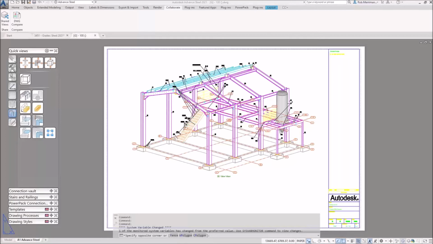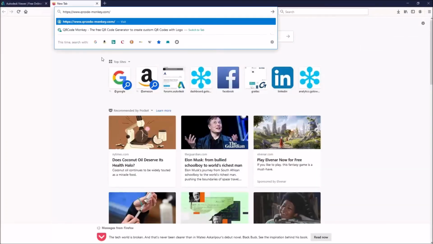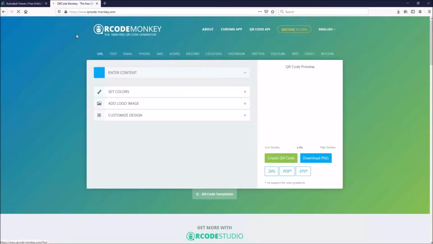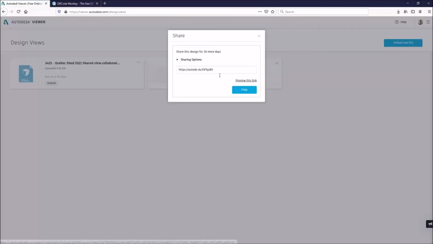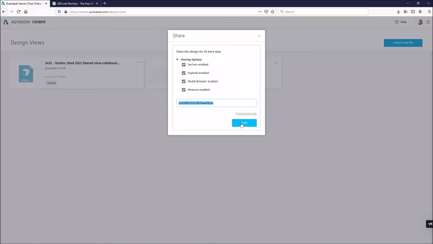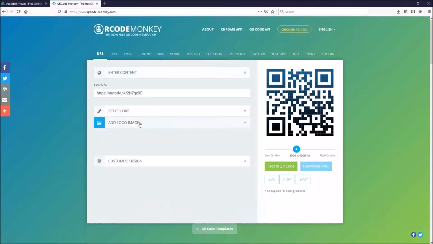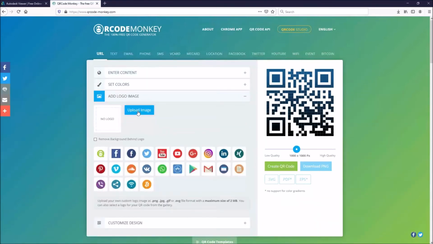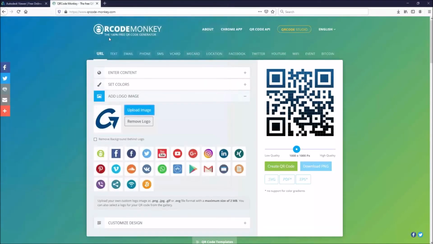Let me just go back to my web browser. So I'm going to go to QR Code Monkey. I want to have a link to this file, so I just click the share button, choose my sharing options, and then copy the link. And then I paste that into there. Now, the thing that we can do in here, and this is why I quite like this one, is I can say upload image, and then we've got our Graitec G,